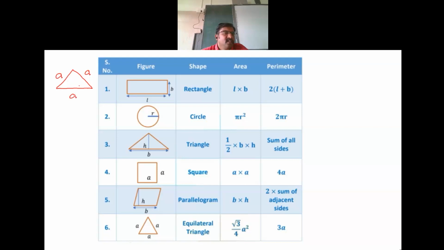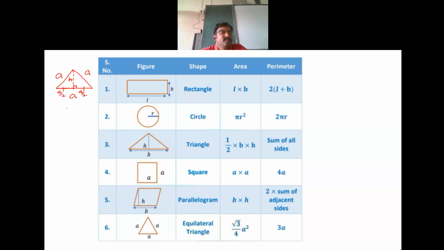This is an equilateral triangle. If I draw a perpendicular here, say perpendicular, I'll name it as H. In an equilateral triangle, if a perpendicular is drawn, this perpendicular will divide the opposite side. It becomes a median. This line will become a median. So the length of this particular line segment is a by 2. This line segment is a by 2. Clear?